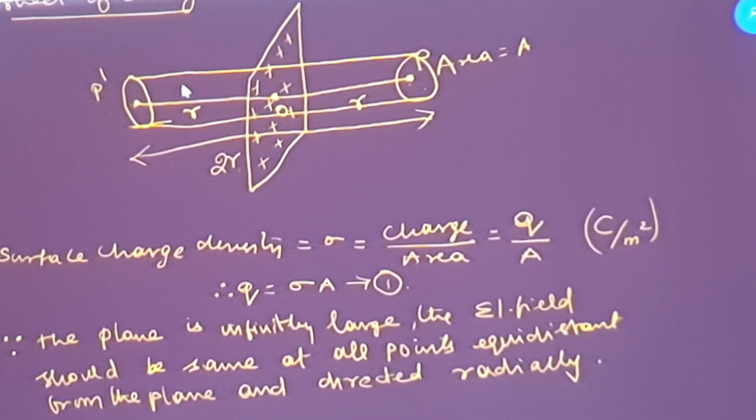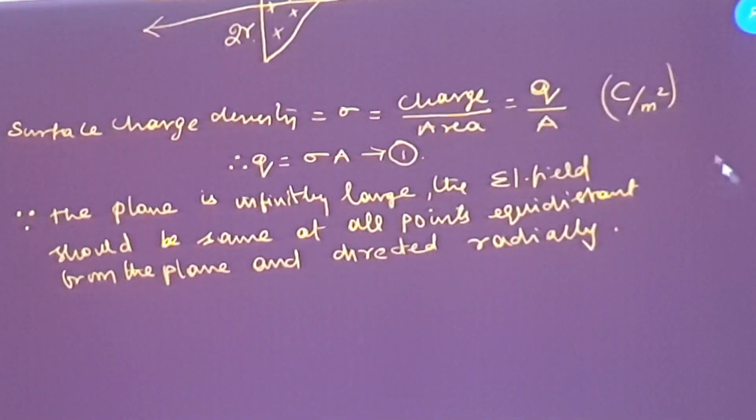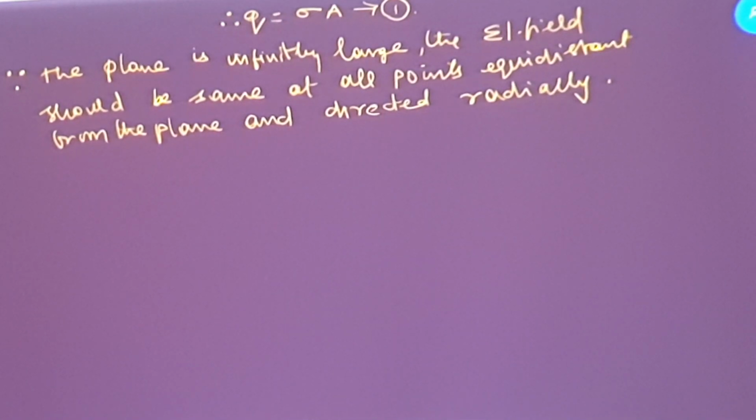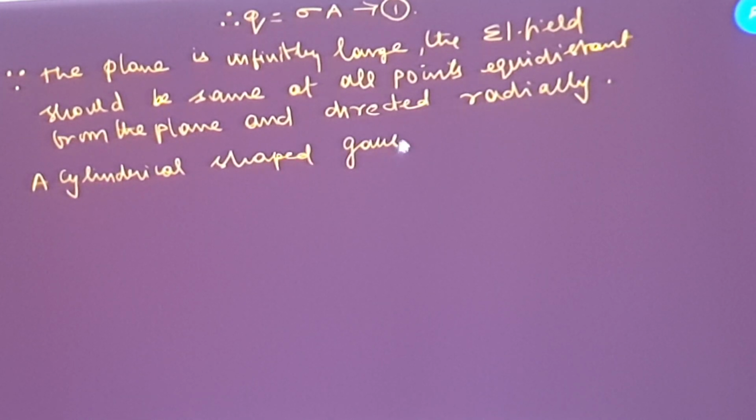Okay, so I am writing how I have considered the Gaussian surface. I have considered a cylindrical shaped Gaussian surface of length 2R,